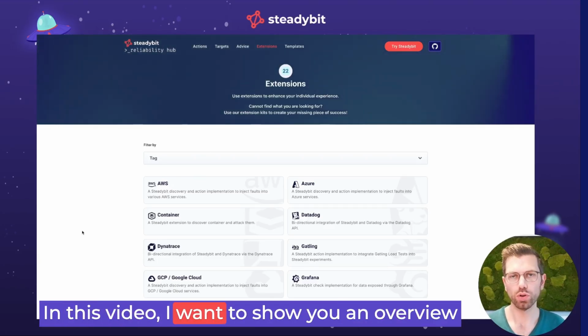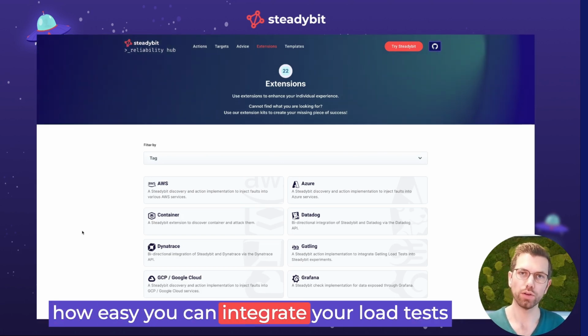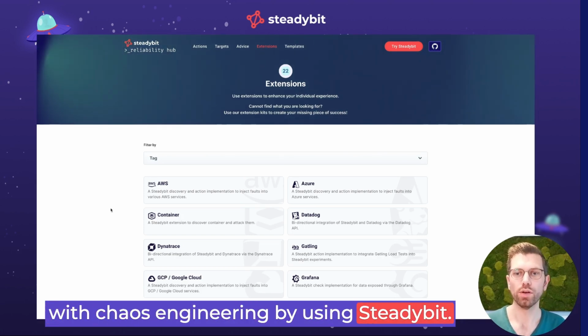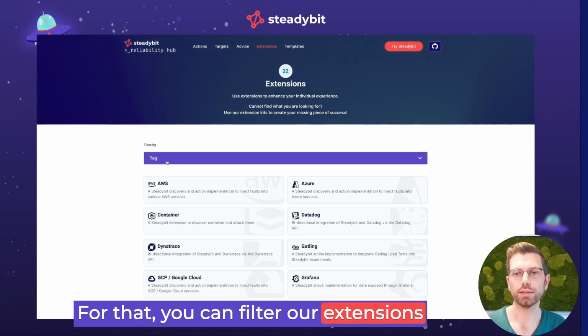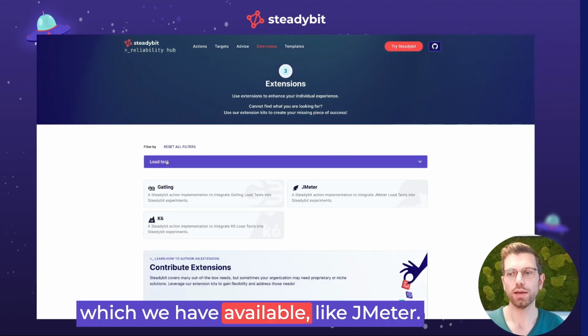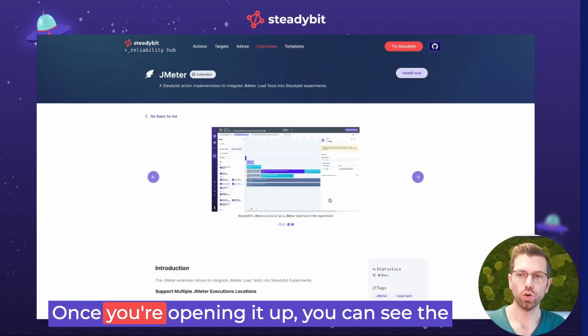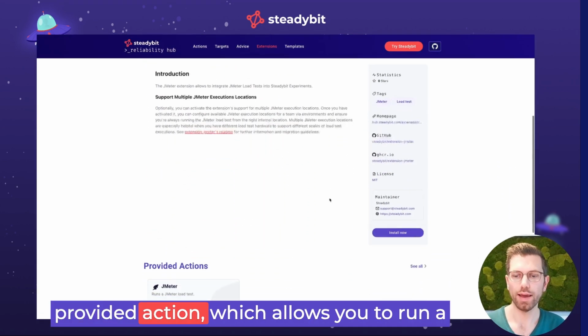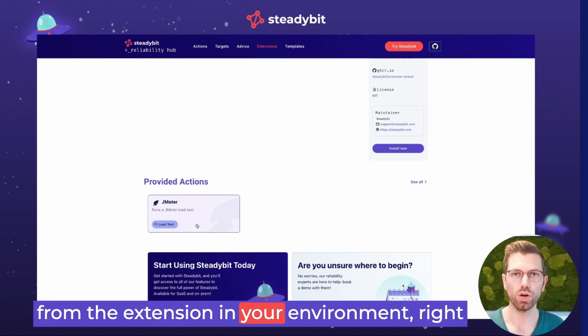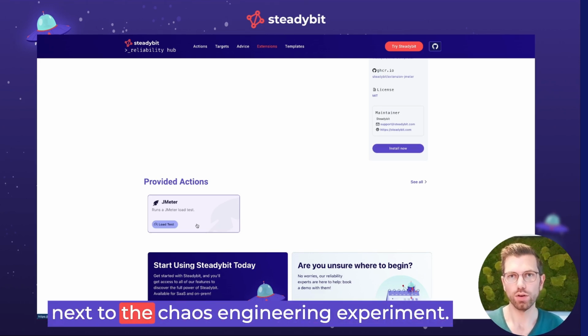In this video, I want to show you an overview of how easily you can integrate your load tests with chaos engineering by using Steadybit. For that, you can filter our extensions to see all the load test integrations we have available, like JMeter. Once you open it up, you can see the provided action, which allows you to run a JMeter load test with the resources available from the extension in your environment right next to the chaos engineering